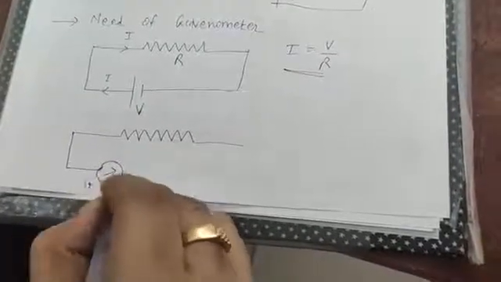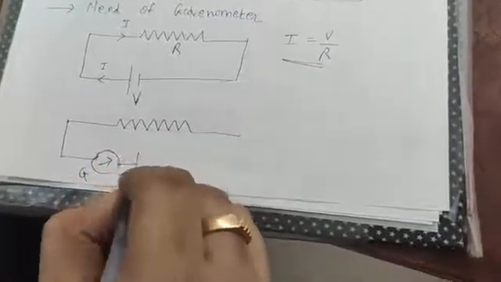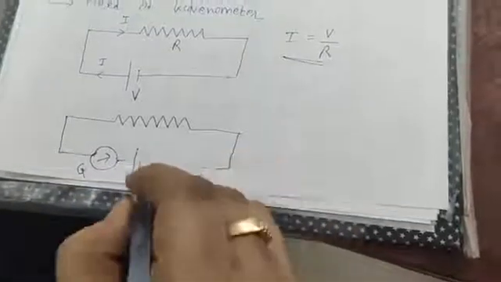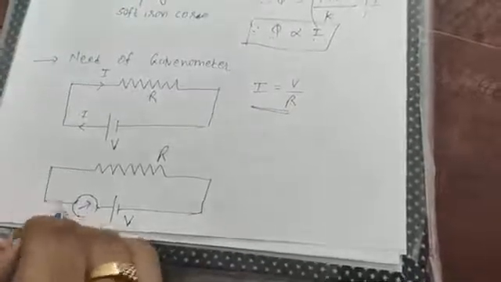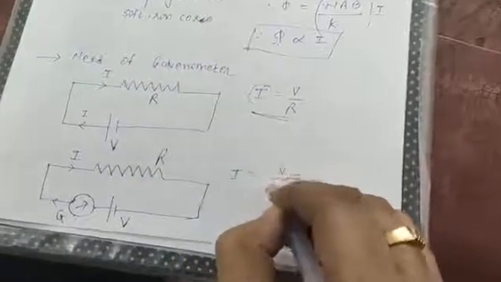Galvanometer is given by the symbol G. Again, battery of potential V, resistance R. This galvanometer has, suppose, resistance capital G. This galvanometer has its own resistance, that is the capital G. Now again there will be current flowing, I. Now we want to measure the current I, that is V upon R. But here, see, current will be equal to potential upon resistance, that will be V upon (R plus G).